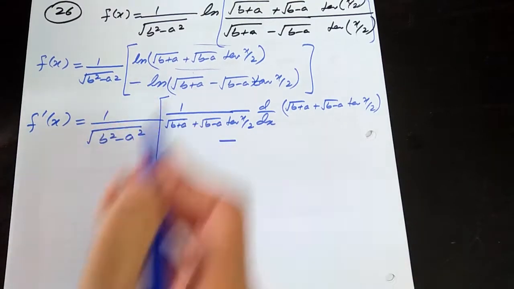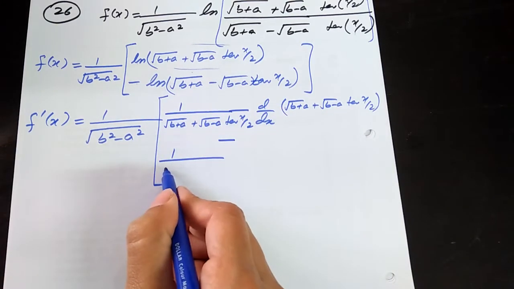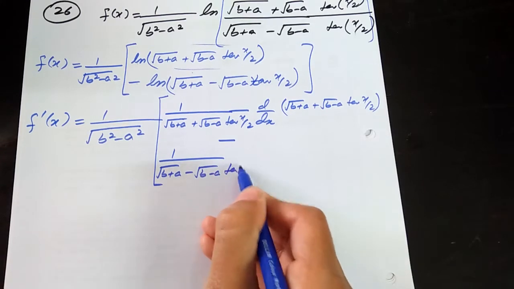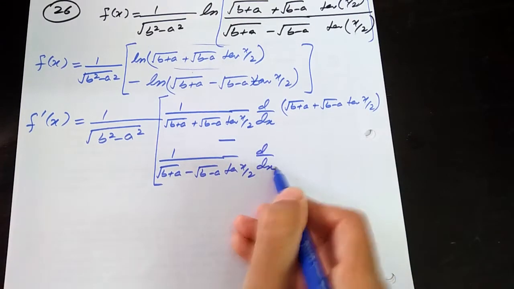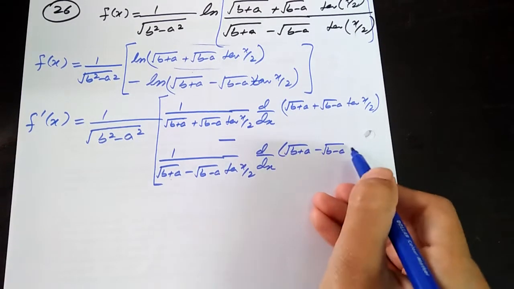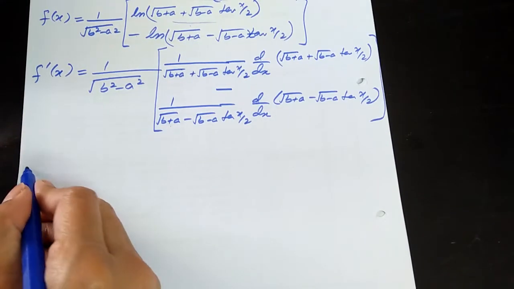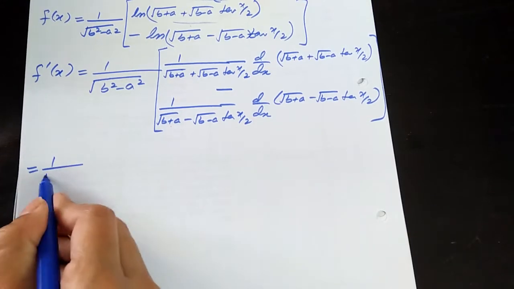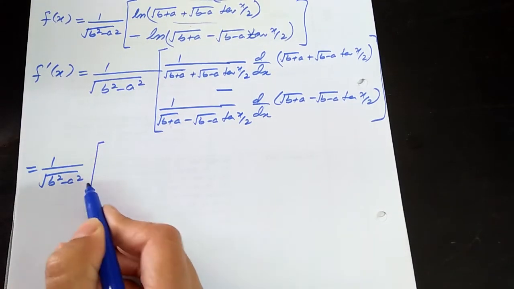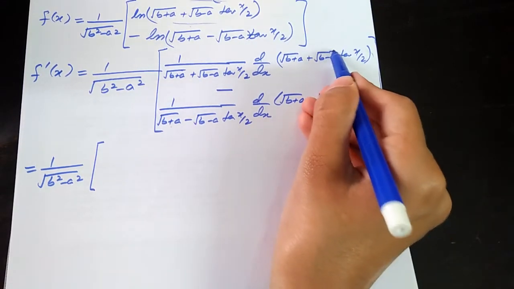minus this thing. Now the same derivative you will use here, 1 over this whole function b plus a minus b minus a tangent x by 2, and d by dx of this whole function, that is b plus a minus b minus a tangent x by 2, and the bracket closes. Now this will be equal to 1 over under root b square minus a square, this bracket we can write it like, now the derivative of this thing,